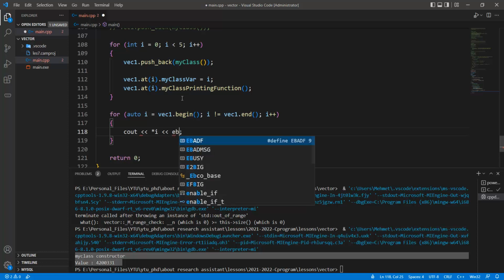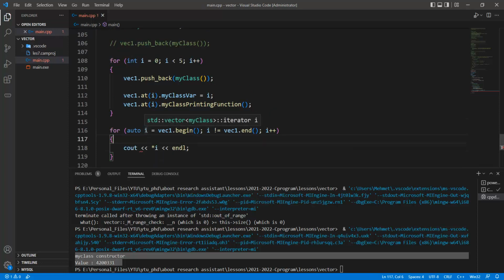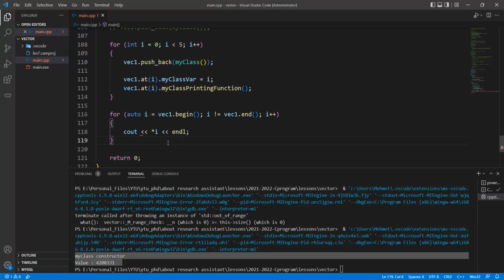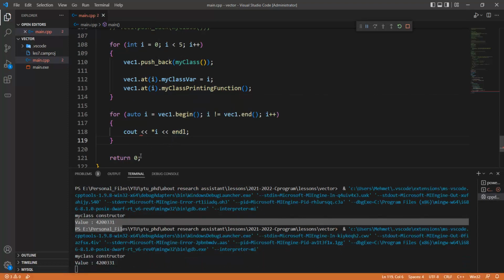Okay, but i is the pointer of the vector my class iterator i, and so if I'm running this code, we have a syntax error in here,